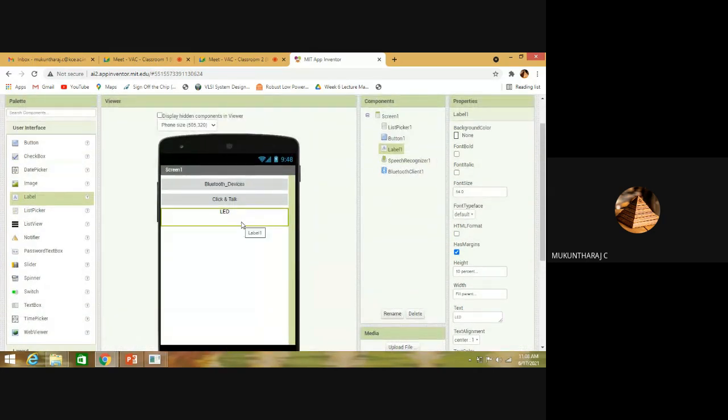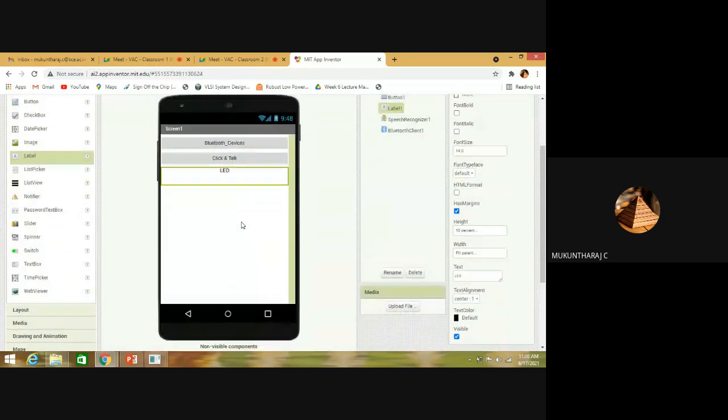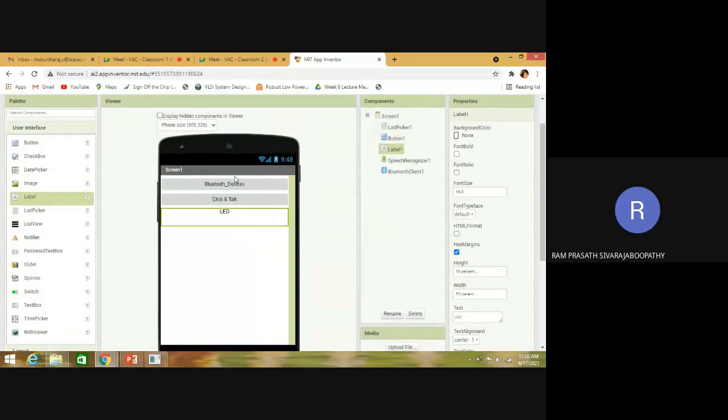Then what else do we need to do? That's all, right? Is that enough? Students, is there one more component I have to add? Can you type in chat? Any idea?